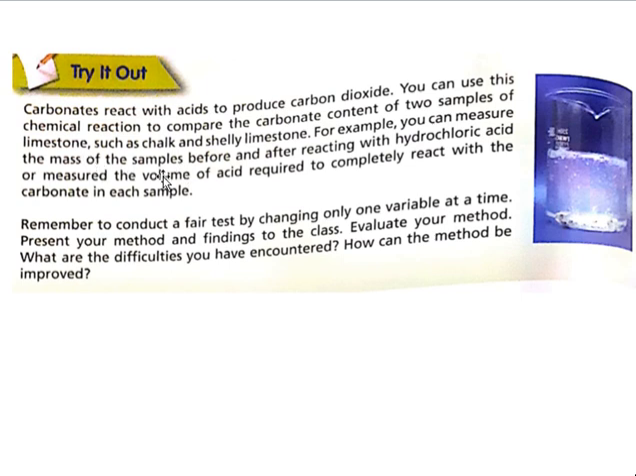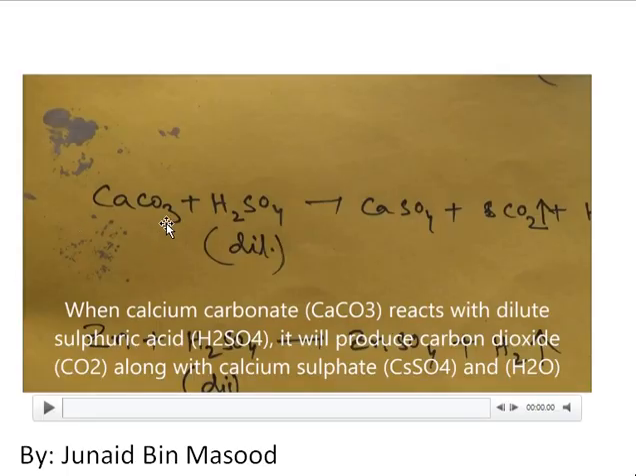You can measure the mass of the samples before and after reaction with the hydrochloric acid, or measure the volume of the acid required to completely react with carbonate in each sample. So over here, you have to finally understand the difficulties that you have faced and how the method can be improved. Now, you must know that chalk basically contains fine-grained calcium carbonate, whereas shelly contains fossils cemented together by calcium carbonate. So if we are going to do an experiment, I'm going to take calcium carbonate, and instead of HCl,